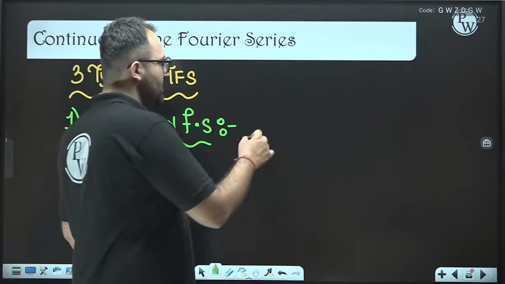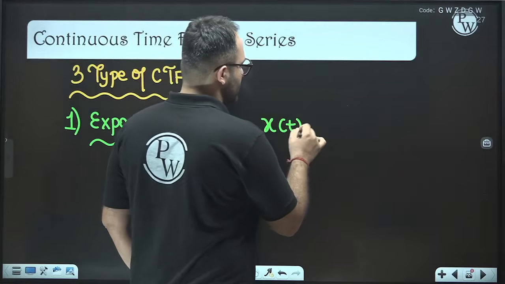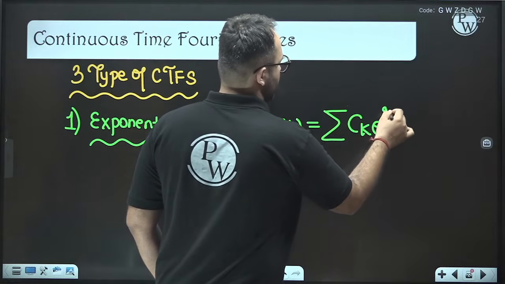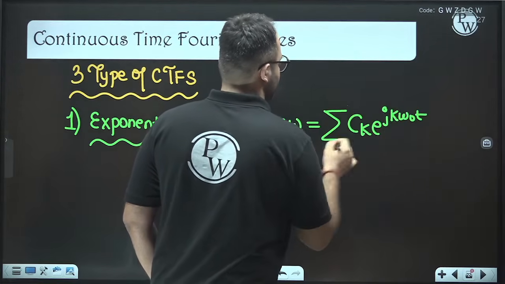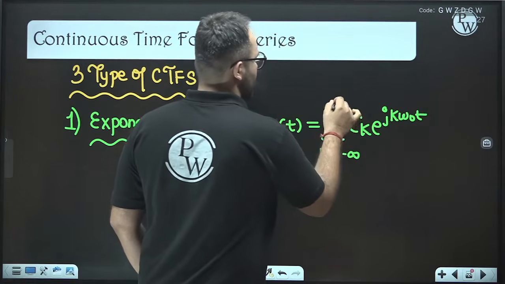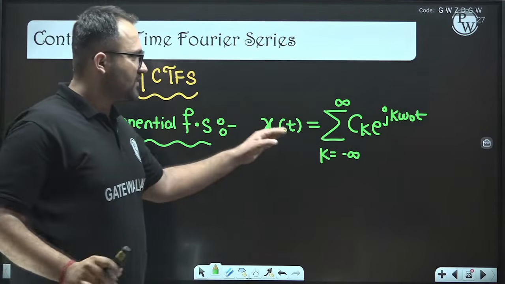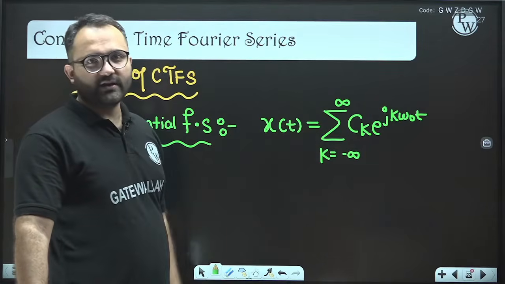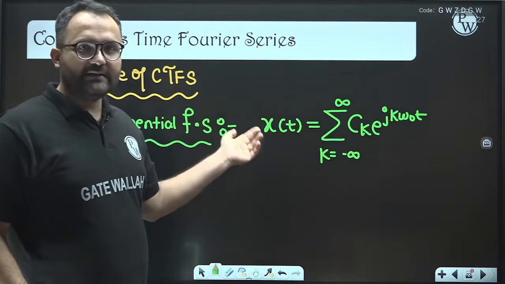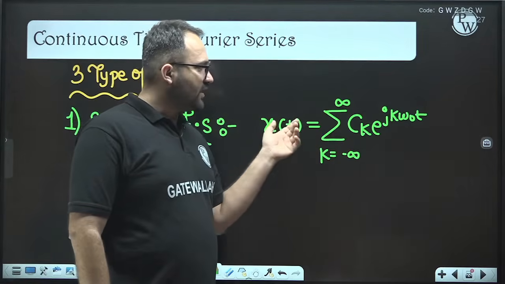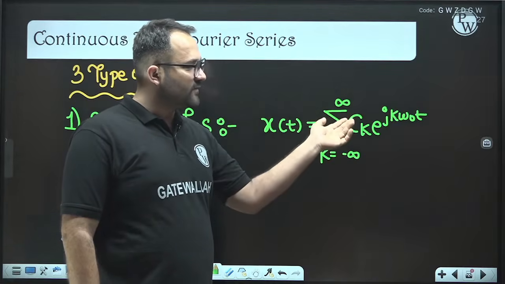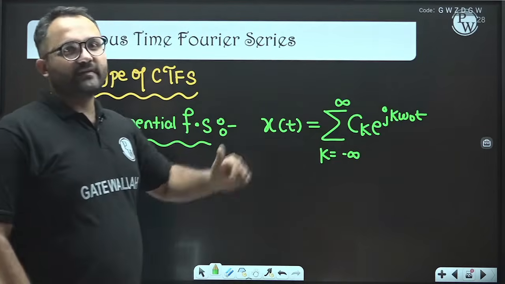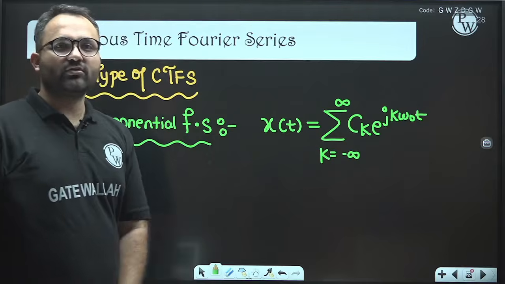Here we represent any signal x(t) in terms of these complex exponentials. This formula says that x(t) is equal to the summation from minus infinity to infinity of c_k e to power j omega naught k t. It means we are writing any signal as an addition of complex exponentials, and c_k is the coefficient of